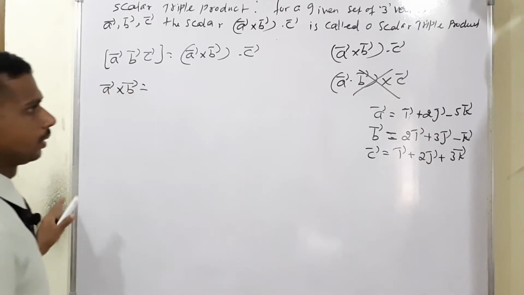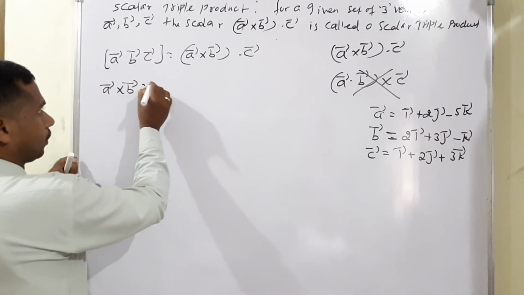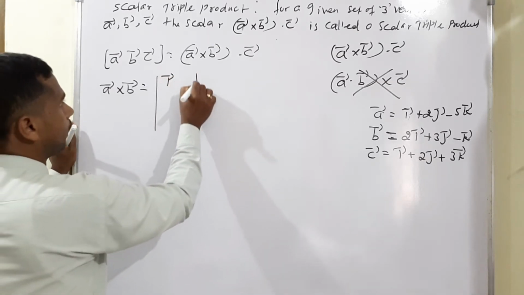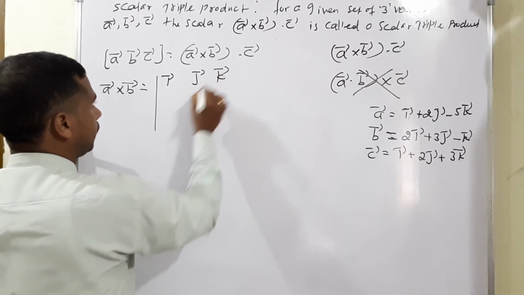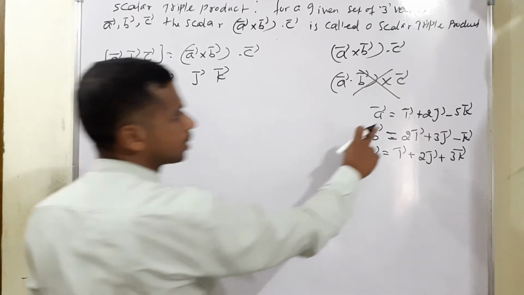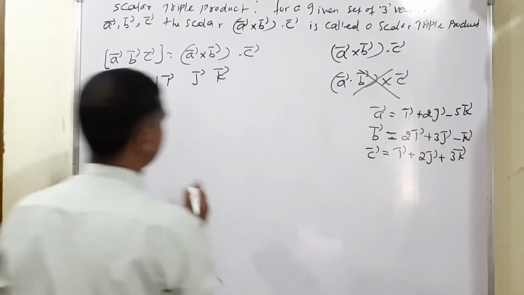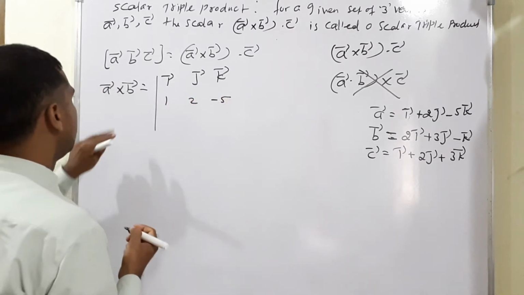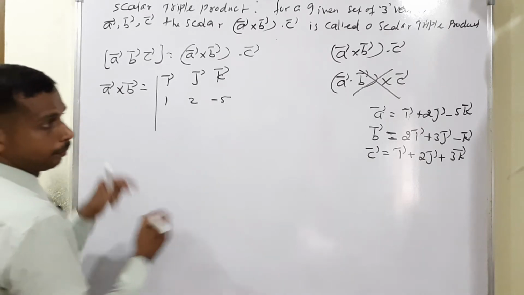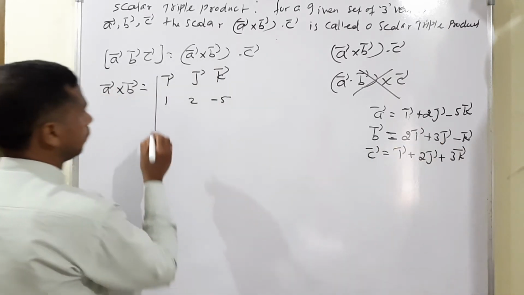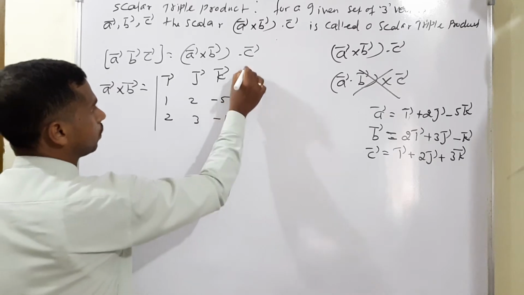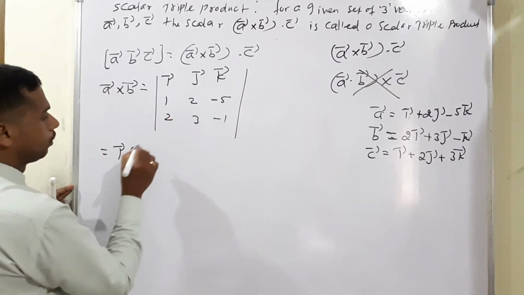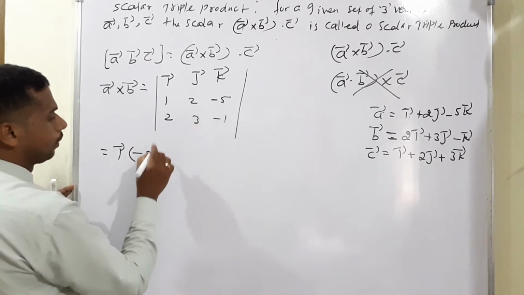So a vector cross b vector is equal to, cross product means determinant form, isn't it? So the rows are i vector, j vector and k vector. A vector means 1, 2, minus 5. Then b vector means 2, 3, minus 1. Simplify now. So i vector: 2 into minus 1, minus 2 into 3 into minus 5,